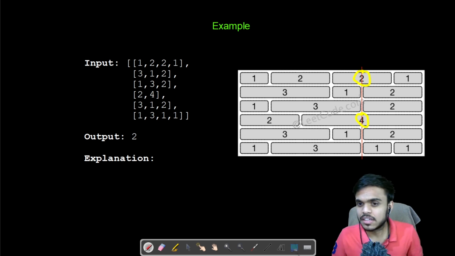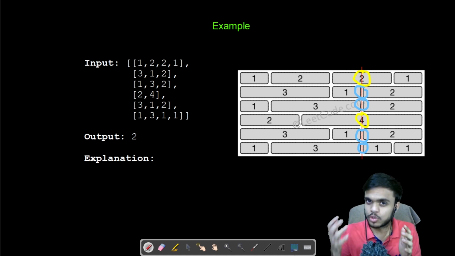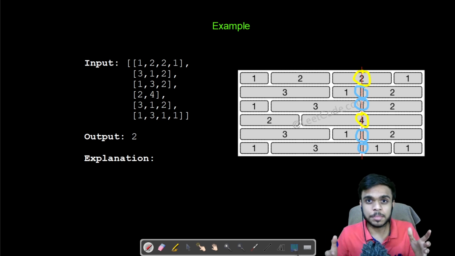On this line itself we have four edges, that is 1, 2, 3 and 4. So what I am saying is rather than saying minimum number of crossings, we can say maximum number of edges that are present for that particular line.